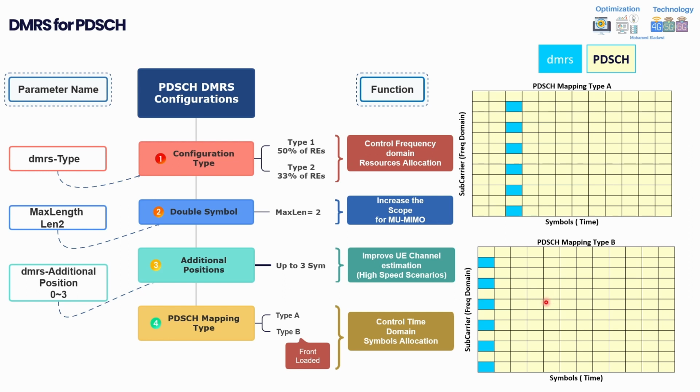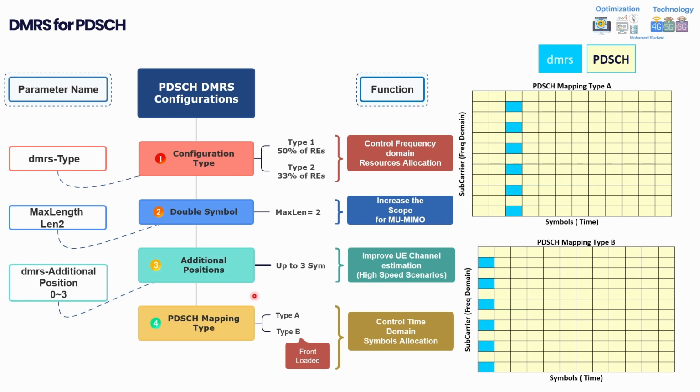Now there is one point I need to highlight here. Yes, I usually allocate the first symbols here, and the important point I want to highlight is that this one will for sure give an advantage for latency. Why? Because here you have to wait for the third symbol until you start demodulating your reference signal, the DMRS, and start estimating the channel propagation for the PDSCH. While here you will directly start demodulating, and this will save time in the resource allocation and all these kinds of things. That's why type B has more advantage over type A in terms of latency.